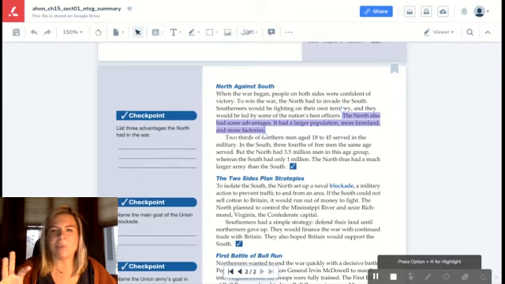And I knew that was going to be a little bit confusing when you were reading the fact that the North had more farmland, because all of this year we've been talking about the fact that the farmland in the South is one of the major reasons they were different from the North. So I hope that cleared a few things up.